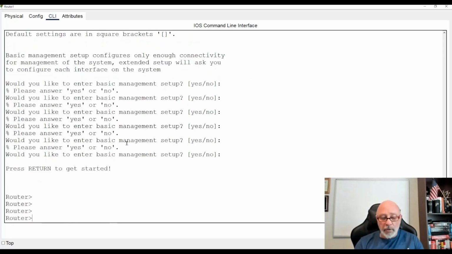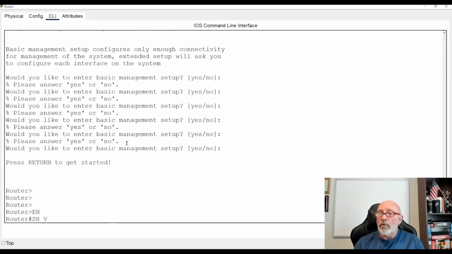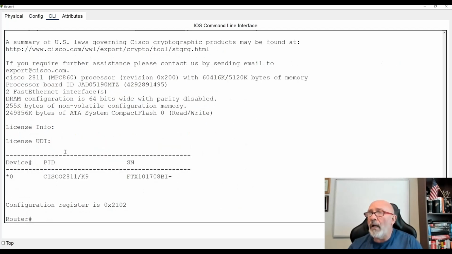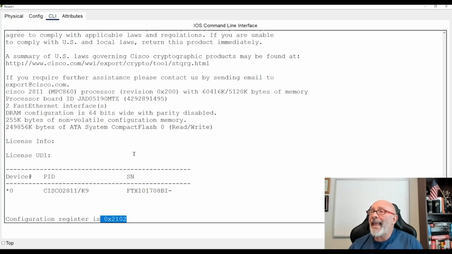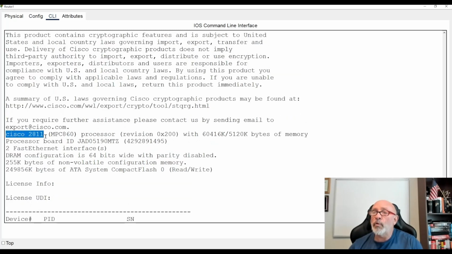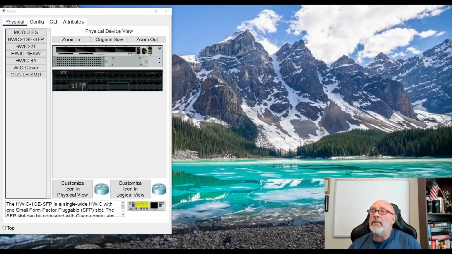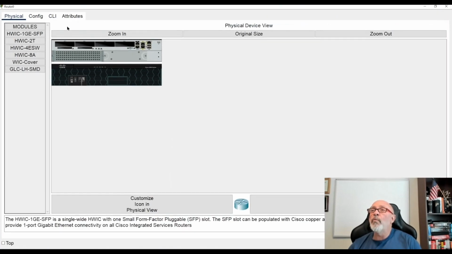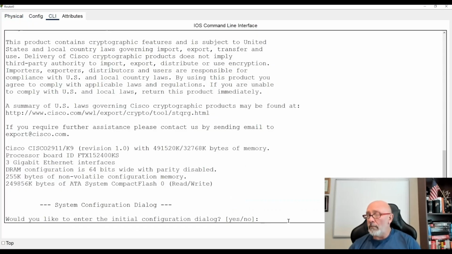If you do a show version, one of the things that they'll tell you, you can see down here, the register setting is 0x210X, and here it is right here. This is the Cisco 2811 router. So this gives you information that you need to know, like licensing issues. Sometimes I use that for this purpose. We can do licensing stuff, but let's get to the register. This is very important.